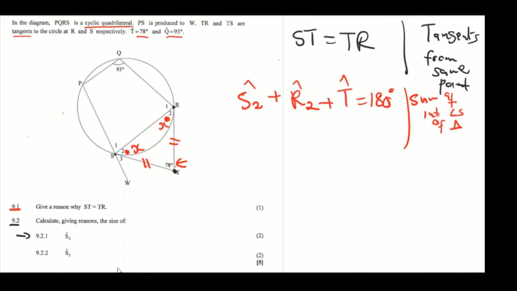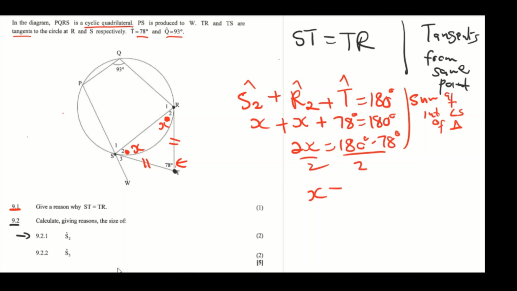And we already know that S2 and R2 are equal, so it's x and x. So it's x plus x, and then plus our angle T, 78 degrees, equals 180 degrees. So 2x equals 180 degrees minus 78 degrees. Divide by 2 on both sides, and then x is equal to 51 degrees. So therefore your angle S2 is equal to 51 degrees. So that is the answer for S2. Now let's do